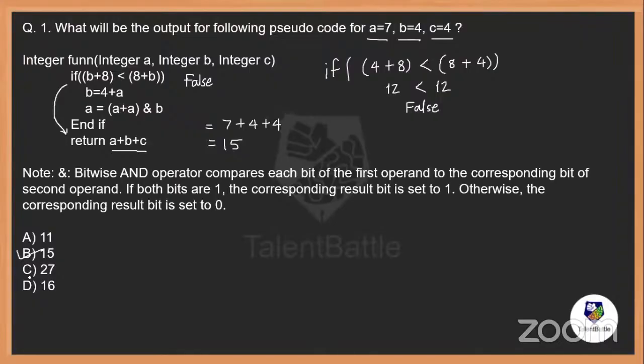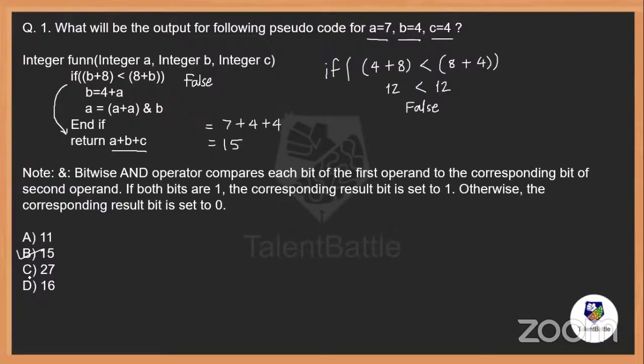And if the condition becomes true, maybe with some other values used as per the question, it is not working here. But if there is a modification in the question, then what will happen? The value of B and A will get modified with the help of those two statements, and then it will definitely affect the final result. But according to the provided case, my if condition is giving me a false result, and due to that, I'm directly going outside if, and I'm calculating A plus B plus C. Final answer is 15 for this.